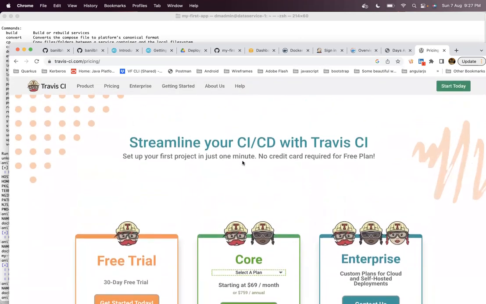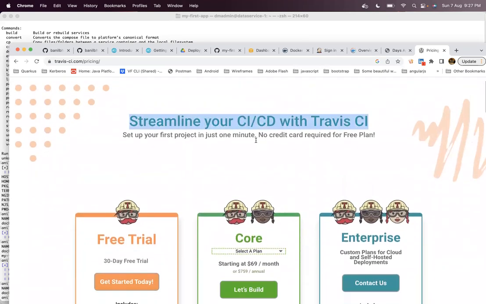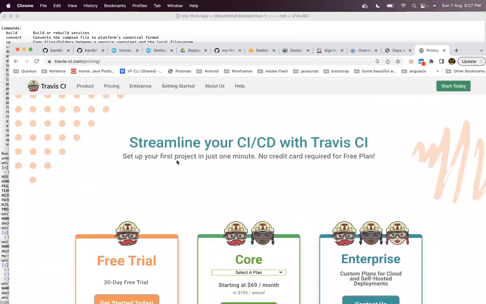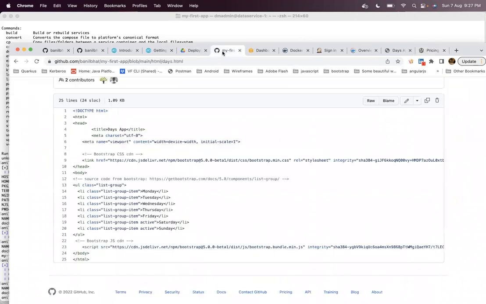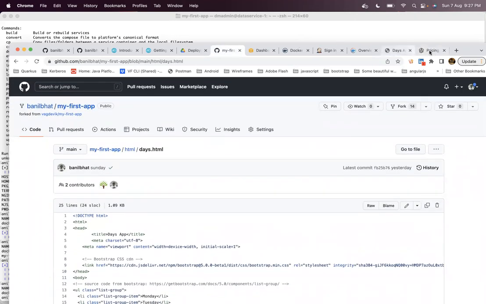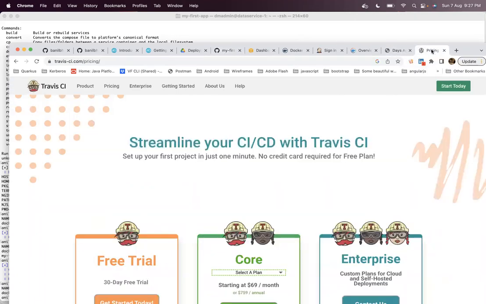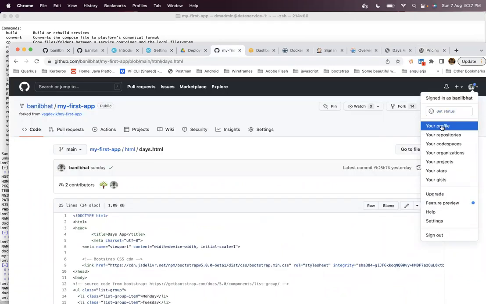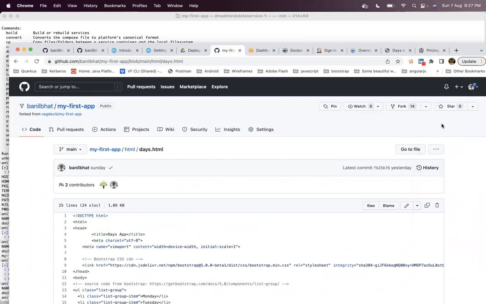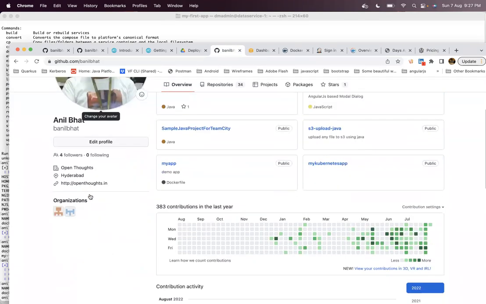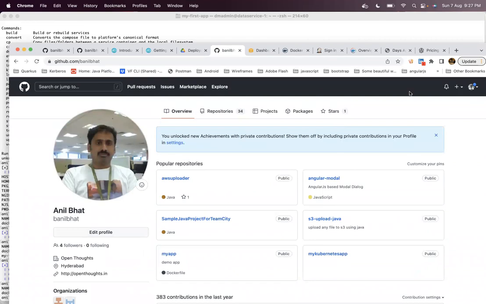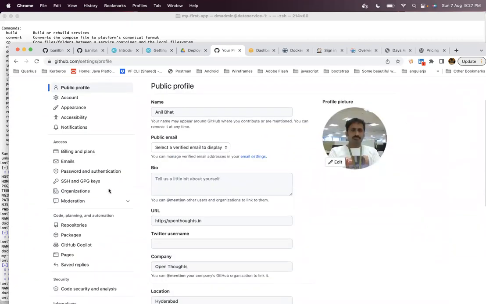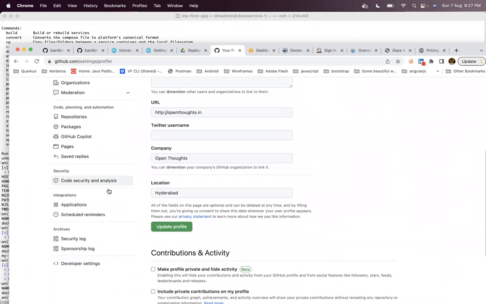So just create a Travis account, a free trial account, and then you have to integrate it with your GitHub. Once you create your Travis account, go to your GitHub account profile, and when you go to your settings, here you will see something called integrations.